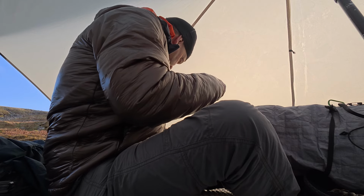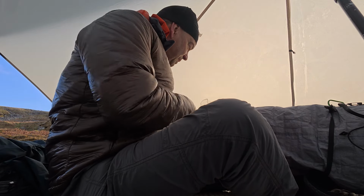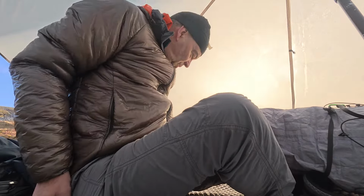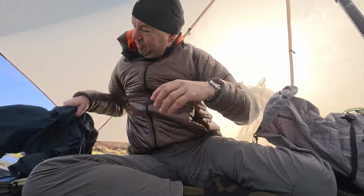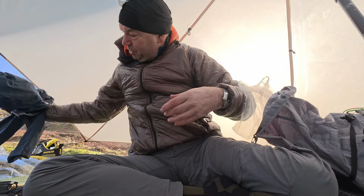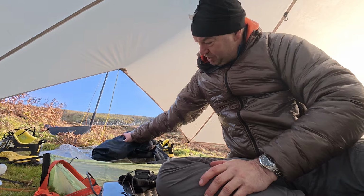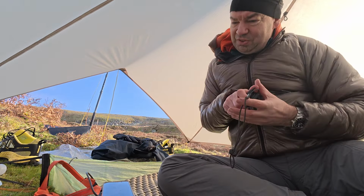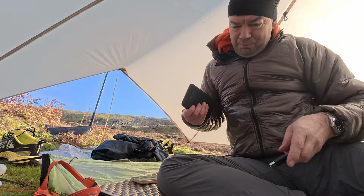That's my glasses, that goes in there. That's the tent bag. Right, what have we got here? So there's not really much left. That's my waterproof. That's my phone. That's the GPS, so we'll attach that to the outside. The phone goes outside. The gloves go outside. That power bank